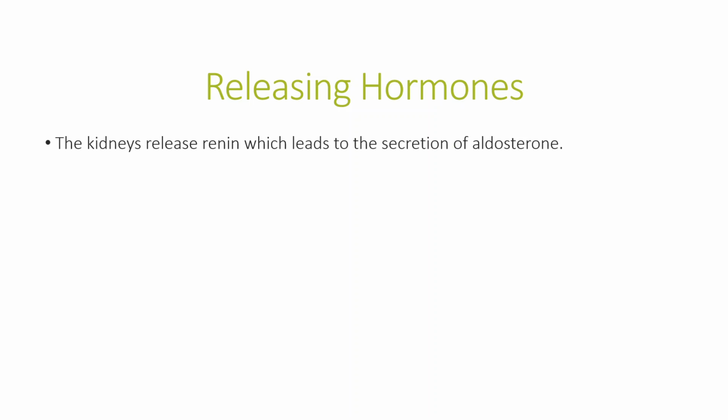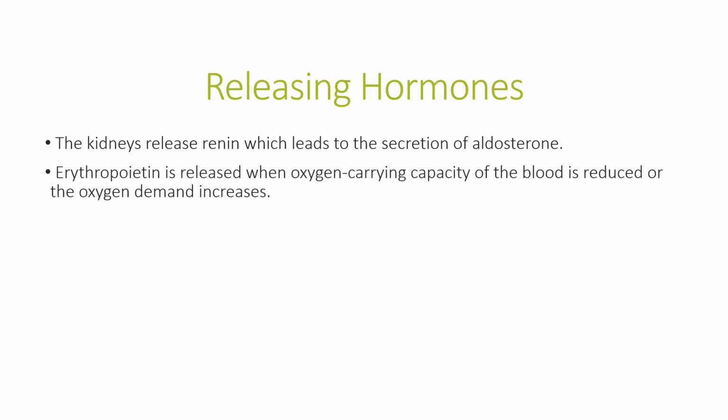Releasing hormones. We already know that the kidneys release renin, which is a substance that leads to the secretion of the hormone aldosterone. Kidneys also release two of their own hormones, erythropoietin and calcitriol. If the oxygen carrying capacity of the blood is reduced or oxygen demand increases, sensors in the kidneys stimulate kidney cells to release erythropoietin, which produces red blood cells in bone marrow. As the number of red blood cells circulating in the blood increases, the oxygen carrying capacity of the blood increases. When the oxygen